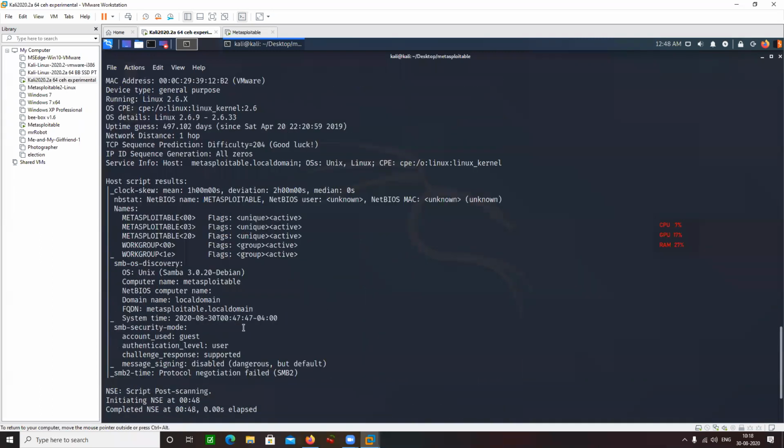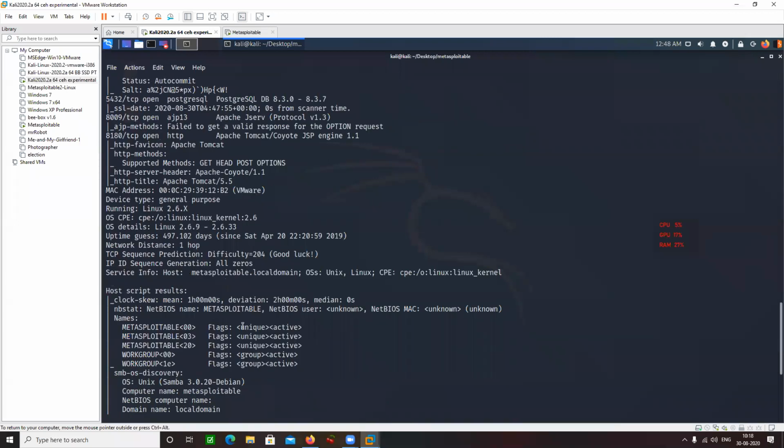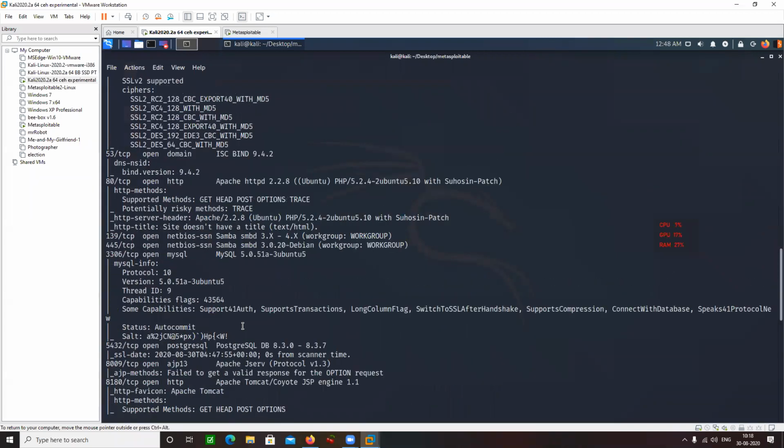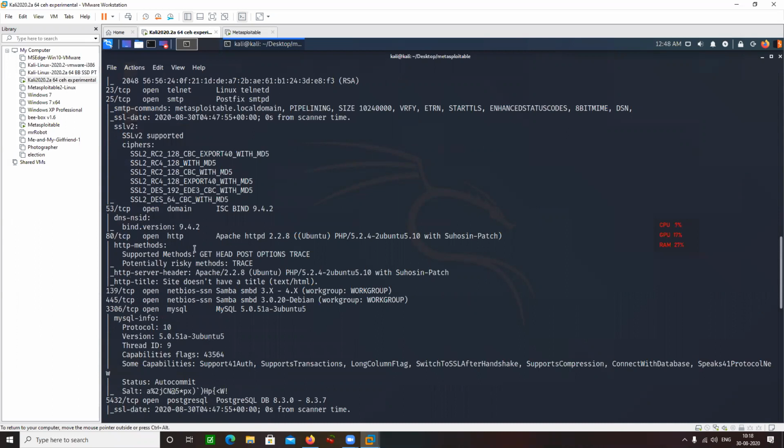Okay, so the scan results are here with me. And while going through the scan results, here I can see port number 139 is having Samba smbd 3.x-4.x daemon.